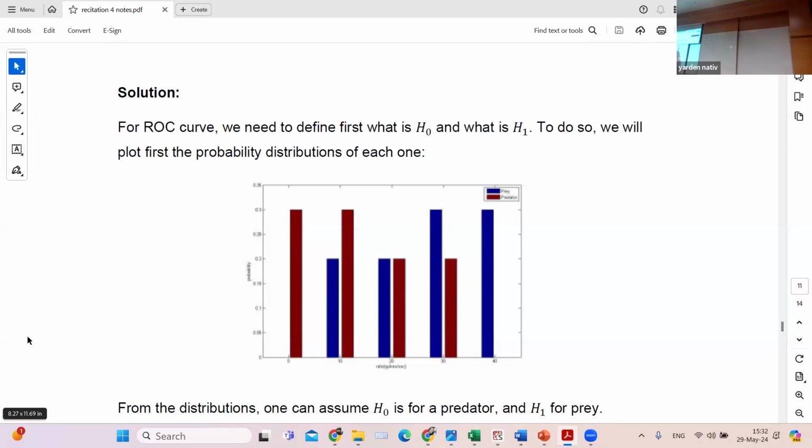Here we have 0.3, 0.2, and that's it. This is 0, 10, 20, 30, and 40. Okay? So if I take this Z and I put it here,